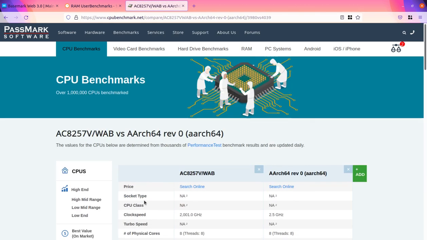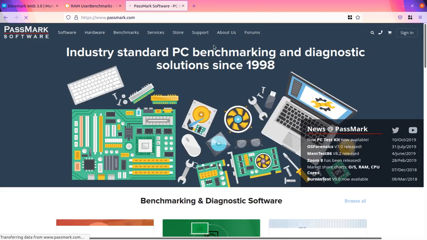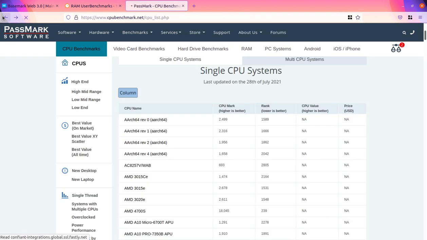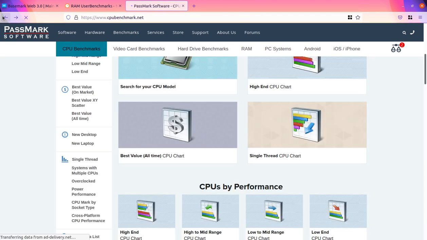So this is another good feature, and even software is available. You can download it, and yes, you can use it for the purpose.